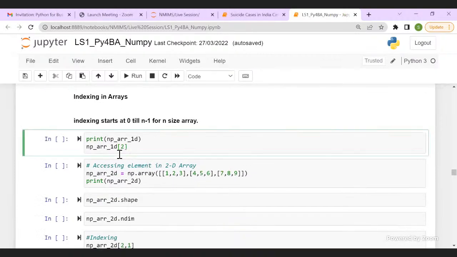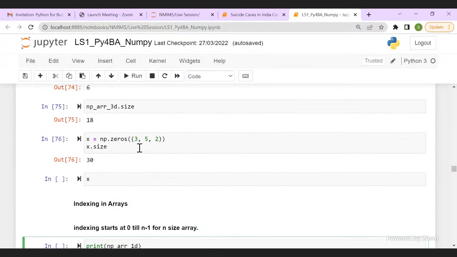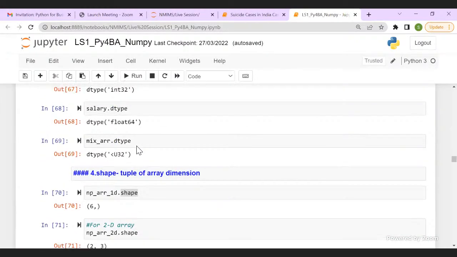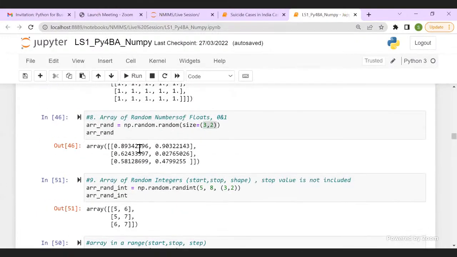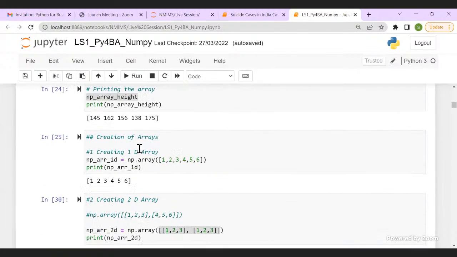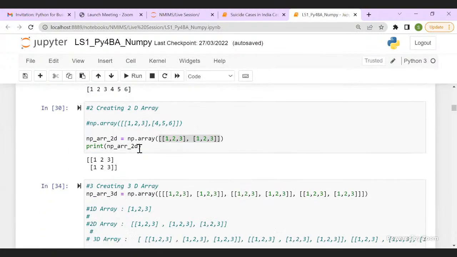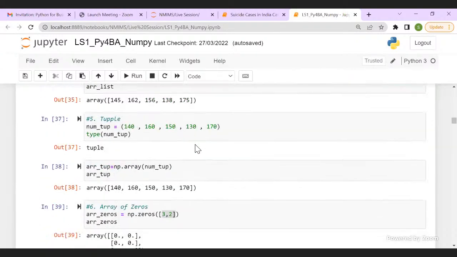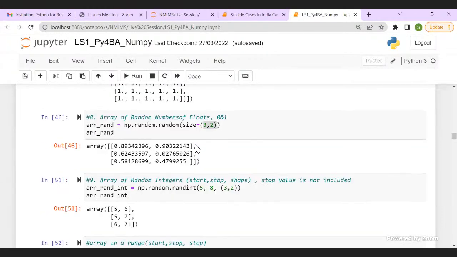Let me show you what my 1D array was. It was much ahead. So I created the 1D array out here.